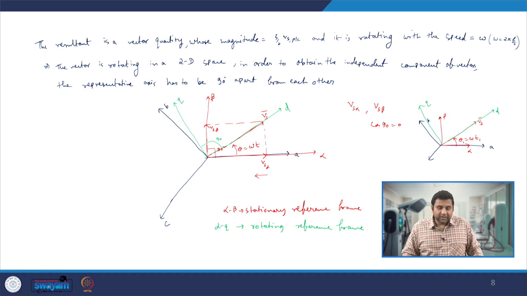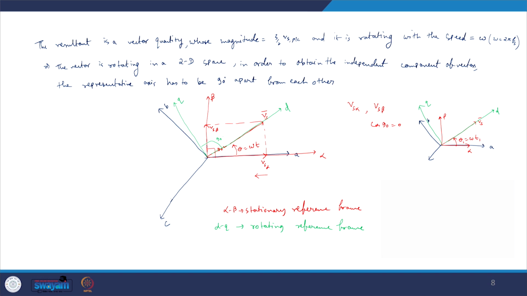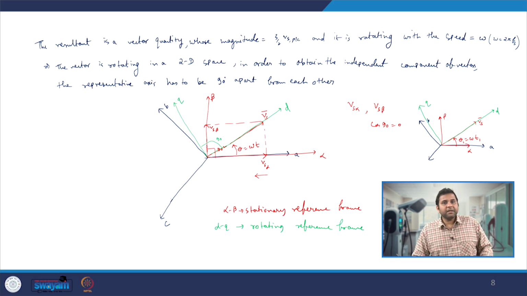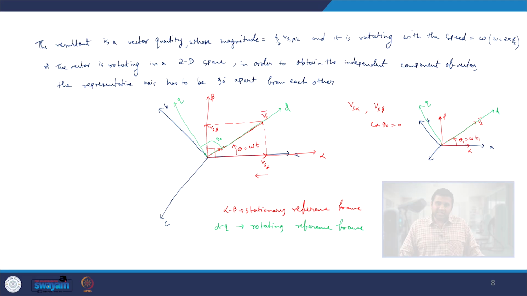So that's when we can ensure that we will get independent control, if we can somehow represent the three quantities which are 120 degrees apart from each other, as the same quantity in the spatial domain using two axes which are 90 degrees apart from each other in space. We will get independent control over those two axis components. That means whenever we change one component on one axis, there is no change on the other axis component, and vice versa. So with this we will get independent control over the operation of this particular system.